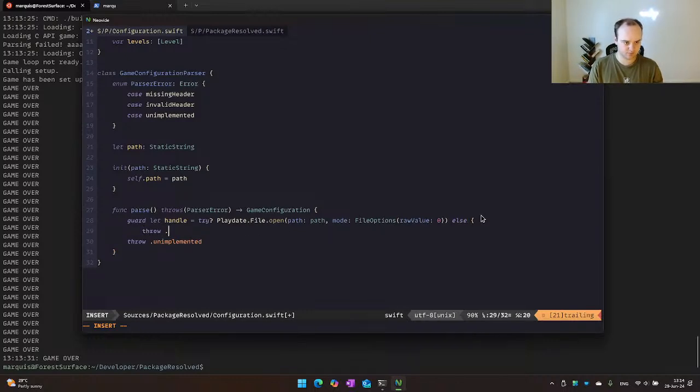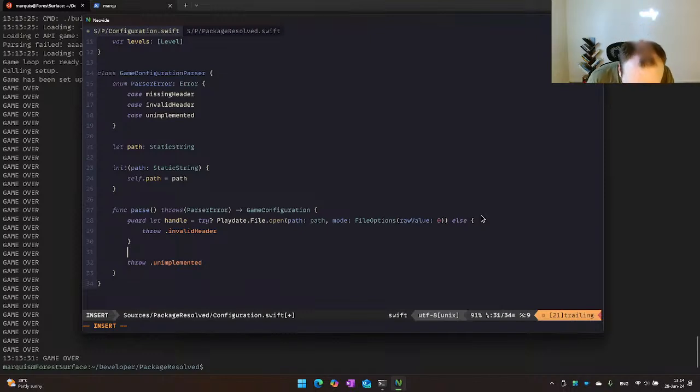Throw invalid header. Now, so we have our header. Read up to length bytes from file handle into the buffer. This is going to be fun.